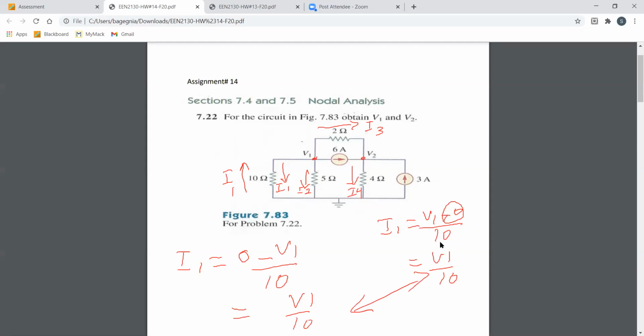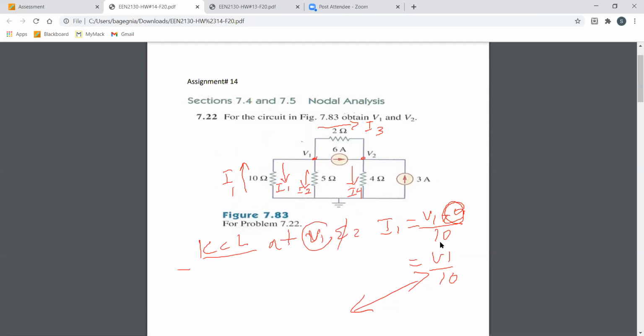Okay, so that's why, because again, here, if you get the 0, it's fine, no problem. But here, if you don't start with the 0, then you will forget about the negative sign. So this is one thing that you need to pay attention to. And this is why I always tell the students, try to assume current going from top to bottom. Okay, step number 3, apply KCL at node V1